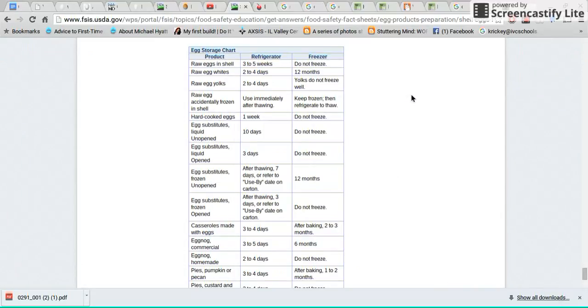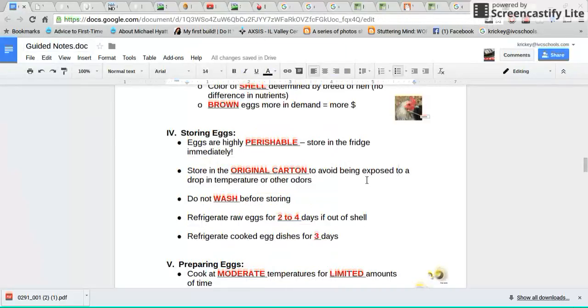If you look at the package, it will tell you the date. There's always a date stamped on the package of eggs. Egg whites, if they are out of the shell, or egg yolks, 2 to 4 days. Okay, they go bad very quickly. And you can go through all of these, but the other one that I wanted you to understand is if you've cooked something like an egg dish, like an omelet, and you only eat half,